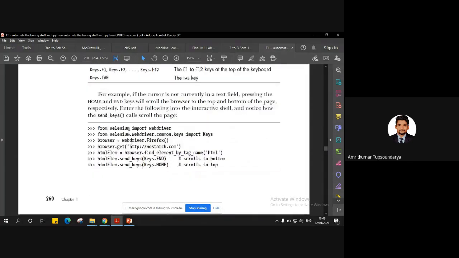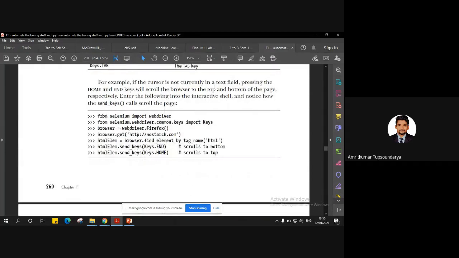So how to go about it? It is simple. Let me show you an example. Other things remain the same as usual, as I've said. From selenium, import webdriver. You have to do this every time, right? And then since you are making use of the special keys here, you have to import the selenium.webdriver.common.keys, right?